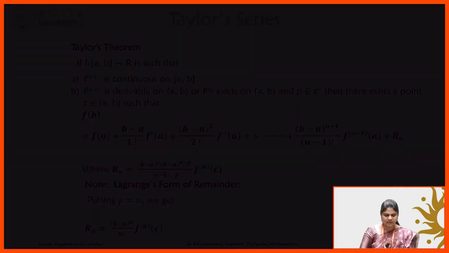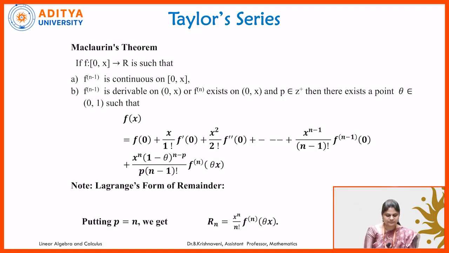Next is Maclaurin's theorem. It is also a Taylor's theorem with the interval [0, x] to R. In the above theorem, if we do this, we will get the Maclaurin series. That is, f maps [0, x] to R is such that the (n-1)th derivative is continuous on the closed interval [0, x], the (n-1)th derivative of f is derivable on the open interval (0, x), or the nth derivative exists on (0, x), and p belongs to Z plus, then there exists theta in (0, 1) such that